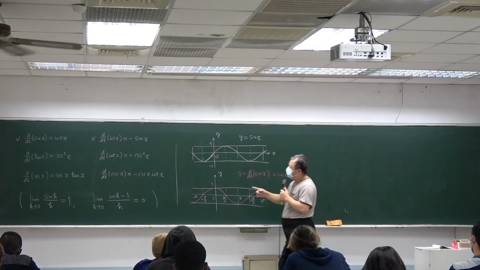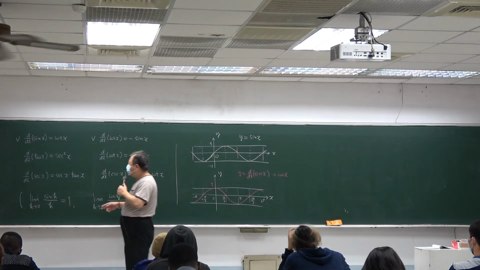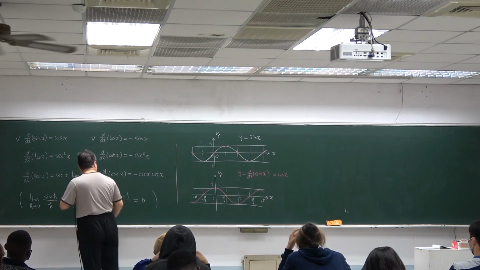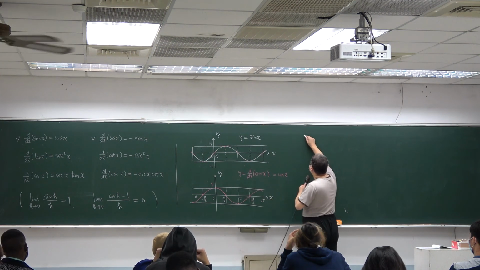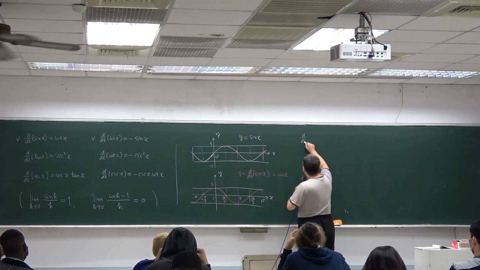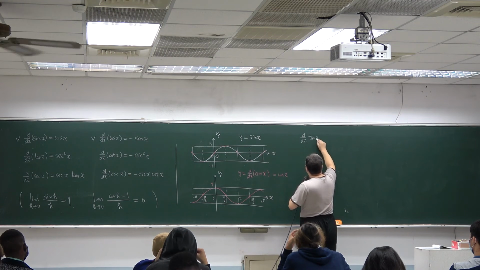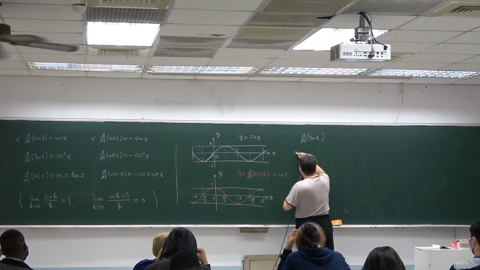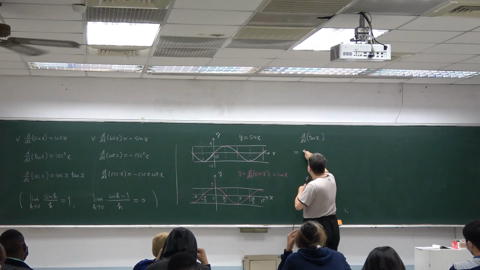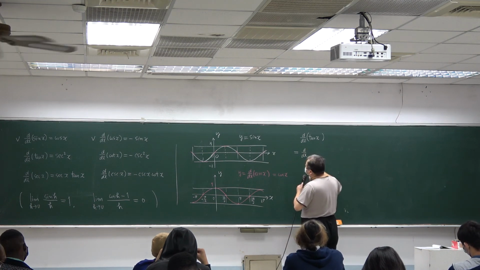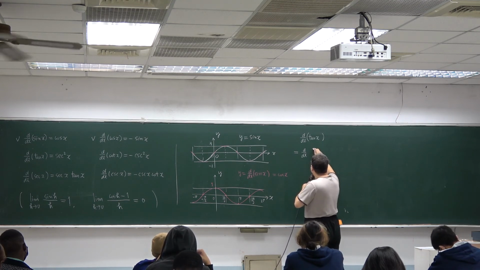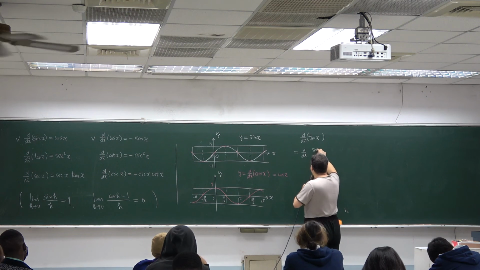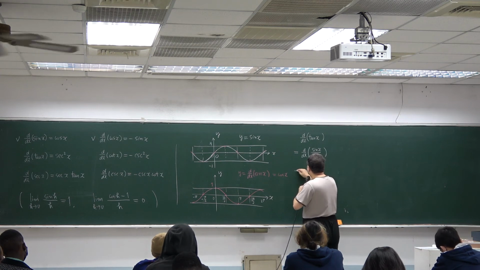Okay, the third formula, the derivative of tangent is secant squared. This time we use the differentiation formula, the quotient rule. Tangent can be expressed by the quotient of sine x and cosine x. Now use the quotient rule,